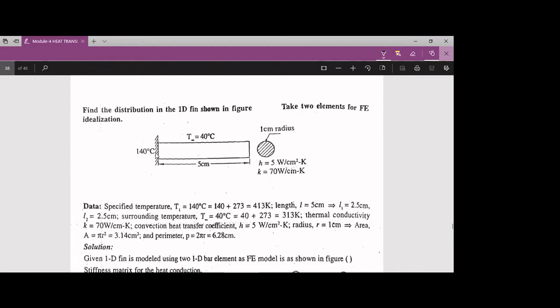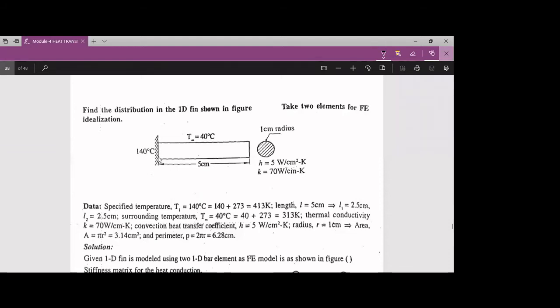Okay, so inside the engine hot gases will be developed, and outside the heat is going to be transferred to the surroundings through fins. So this is the example we have taken. As far as this is concerned, no heat transfer takes place at this particular end, so that is constant.